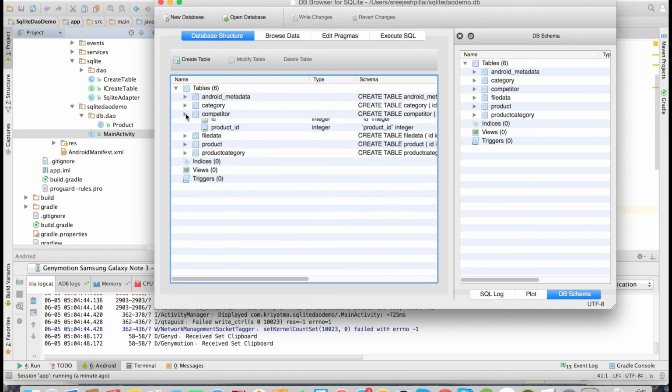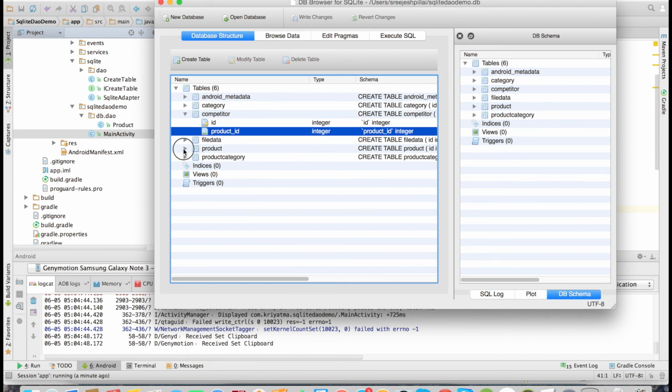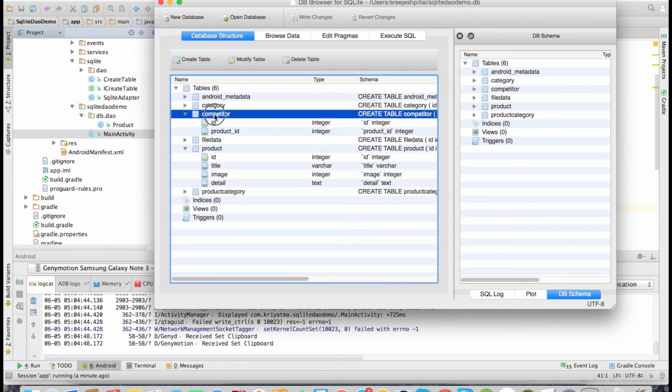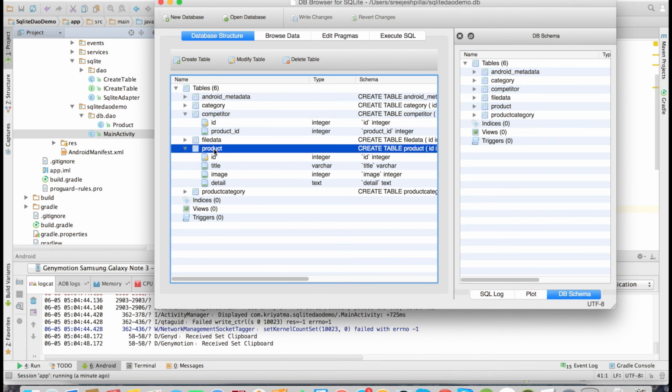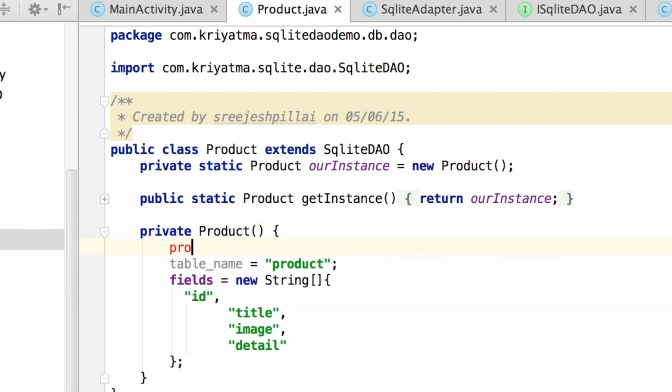Now let's get started. Here we have the competitor table which holds the multiple products. So we will first join the competitor table with the product, that is, it will be a single join. So let's now dive into the code. I am starting with the product table. Here first thing what we have to do is to define the primary key in the product DAO. Adding primary key is mandatory for doing the joins, as this primary key will be pointed from the join table.